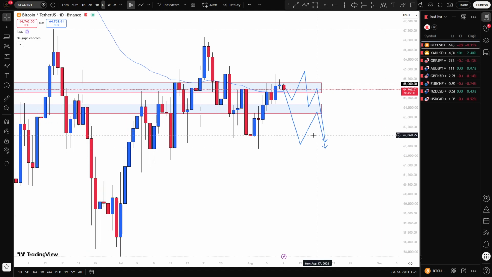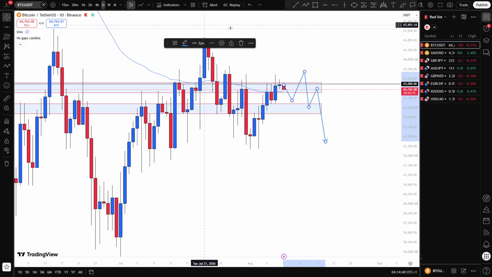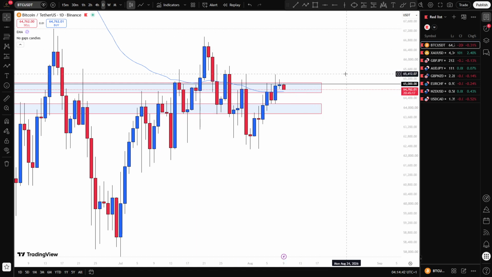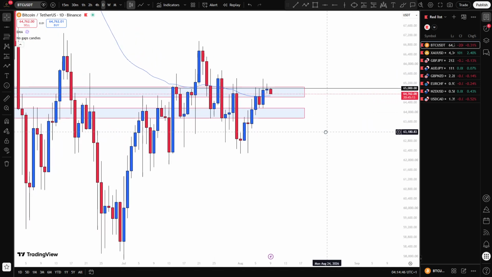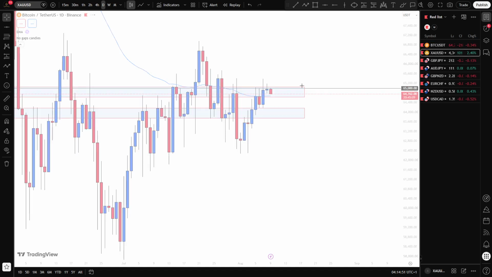So it's just part of my watch list. I just observe it to know what the structure is doing and to be in sync. Okay, so that is what I see on BTC. So moving on to